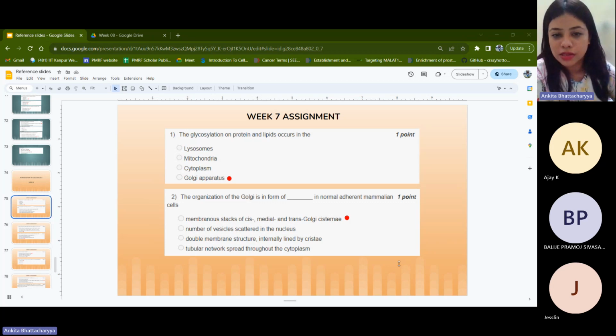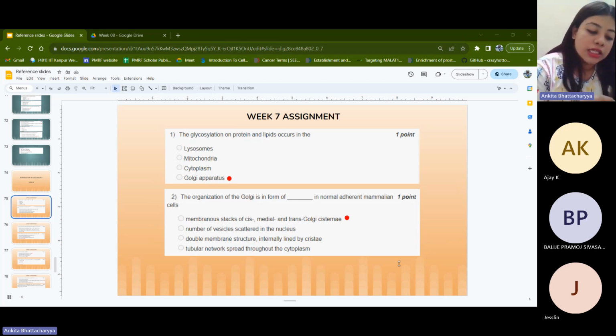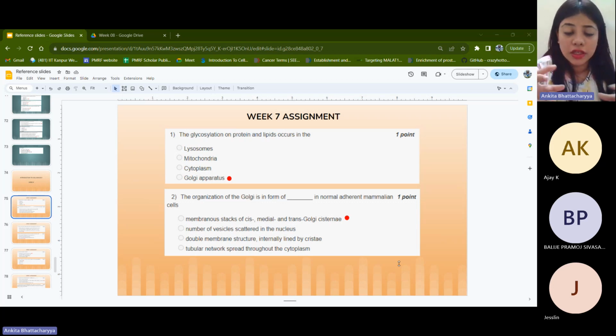This is a separate topic of discussion, but for now you can just keep in mind that this is the basic way in which glycosylation is carried out, and the region where glycosylation occurs is taken care of by the endomembrane system. While initiation of this event does occur in the endoplasmic reticulum, it is a large sugar structure. I think there was a schematic representation of it in the previous week as well. A large sugar structure containing GlcNAc, derivatives of glucose, mannose, etc. They are all added at the level of the ER.